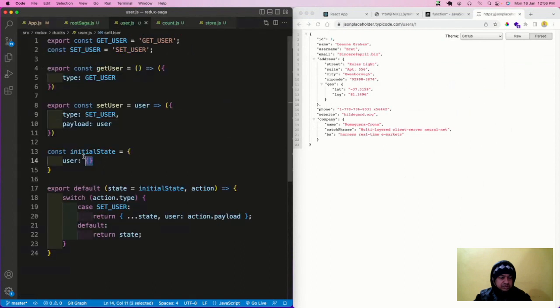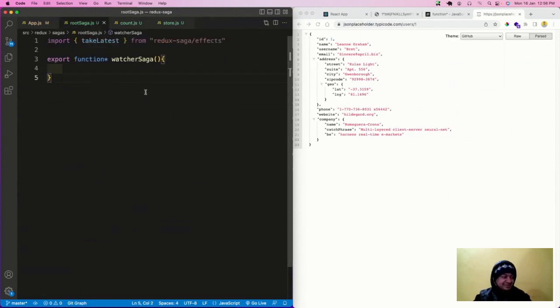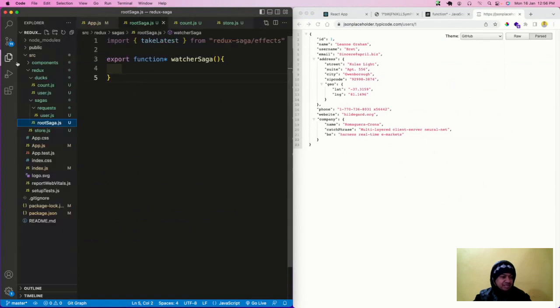The initial it is object because this is an object. I'm talking about that. So you already find that the saga is way more complicated than your Redux thing, but we have to do this thing. Okay, so again we will go here, and inside this Redux folder, inside this sagas folder,